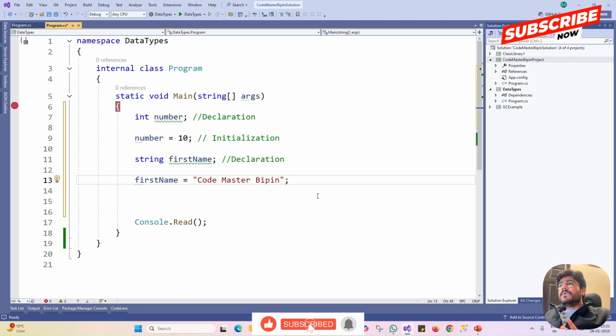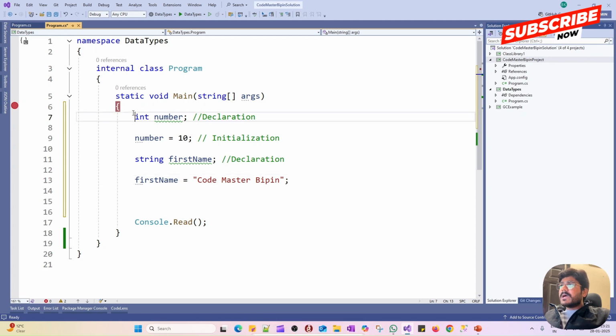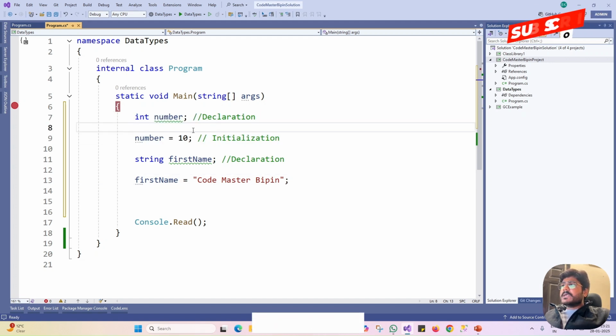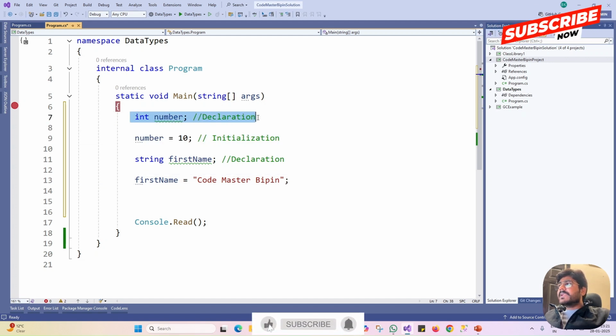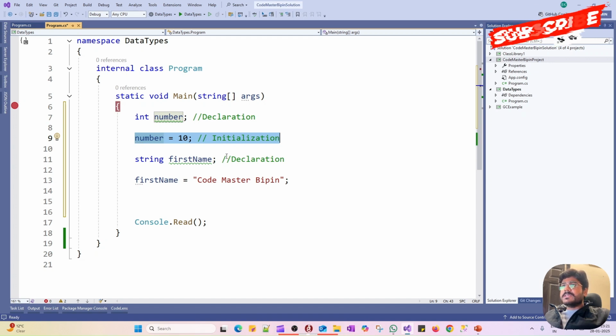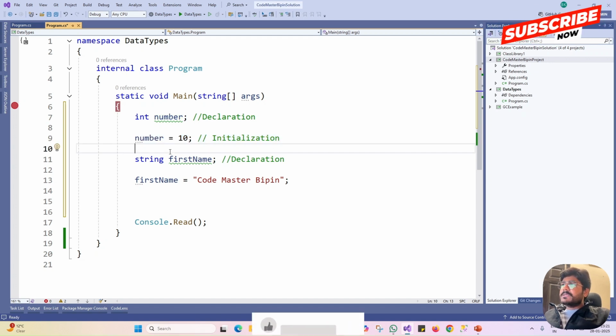There are two ways to initialize a value to a particular variable. The first way I have already shown you. That means, first of all, you need to declare the variable, and in the next line or in the next statement, you can assign the value or initialize the value. The other way is,